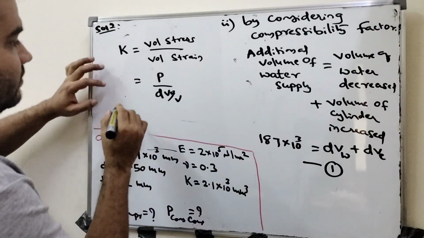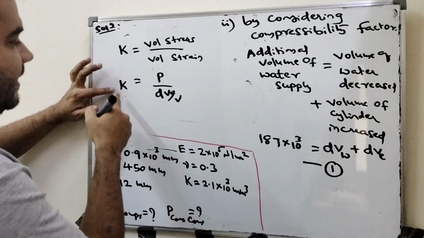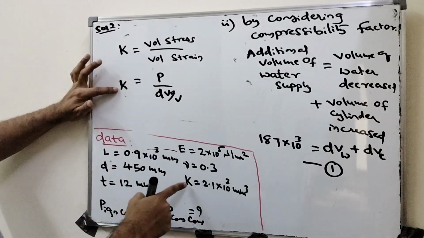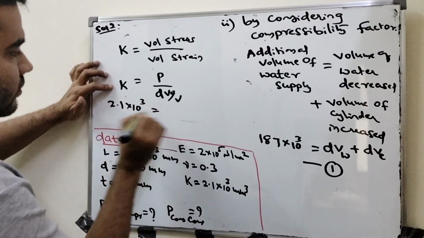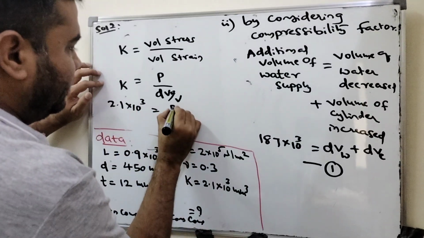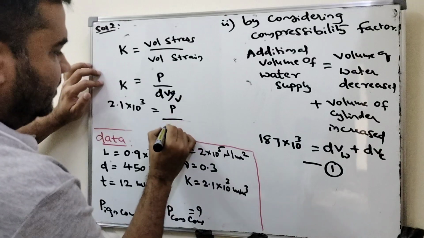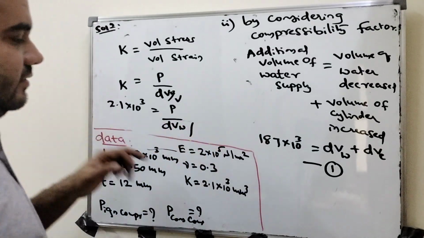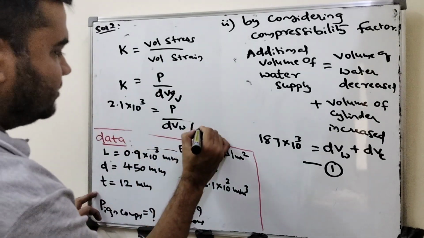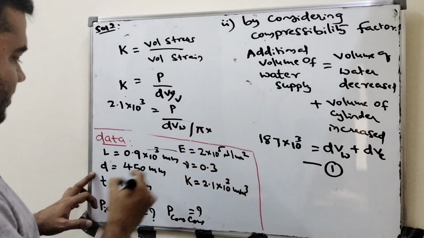Okay, from this, the K factor is already given. How much is K? 2.1 into 10 raised to 3 equals P, unknown, and the change in volume due to decrease in water divided by the original volume, which we know here,